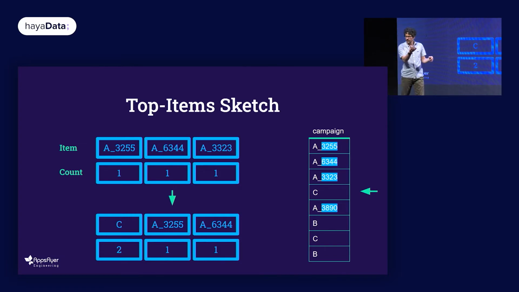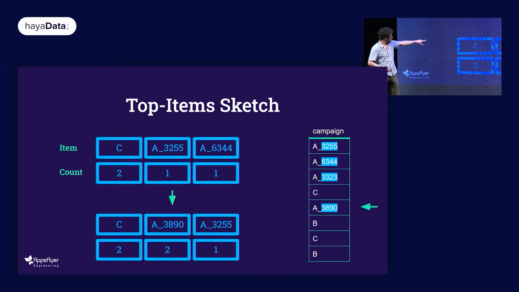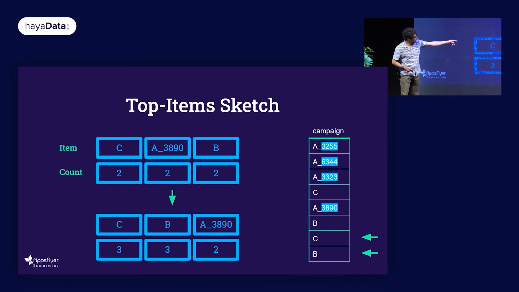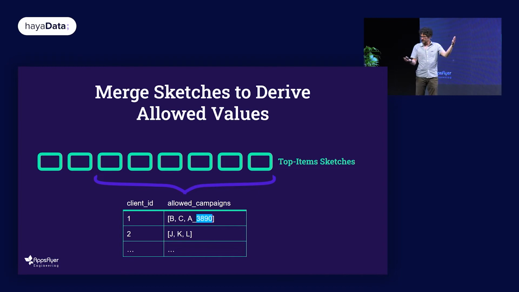So this way, whenever you introduce a new item to the list, you give it a boost. It says, hey, I'm going to give you a chance to rise up into the list, and if it falls back down, that's its own fault. It can handle that. So then we continue with that rule. When we get another item, we pop the last item off, we pop it in, and instead of a count of 1, we give it a count of 2. Same with B here. And then finally, for these items that we've already seen before, we just increment their counters as you would expect. And so the outcome of this is that you've got the top items in your stream of data,